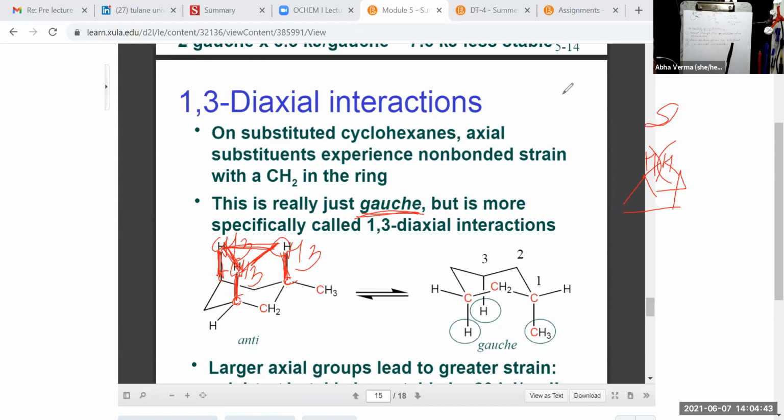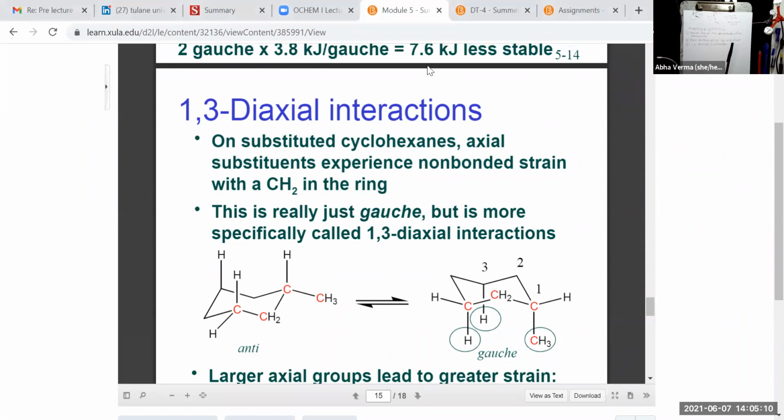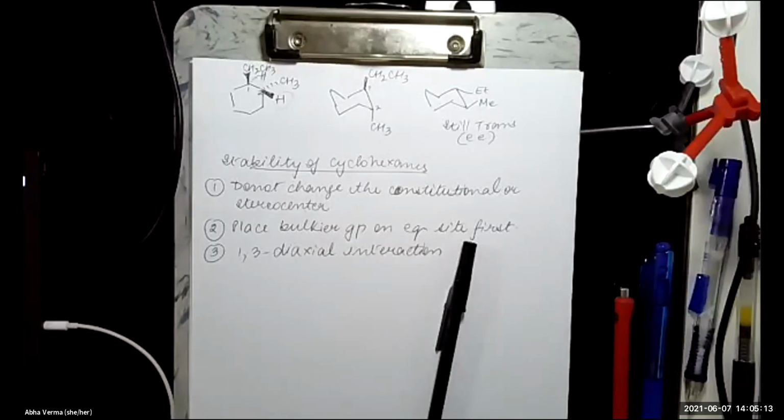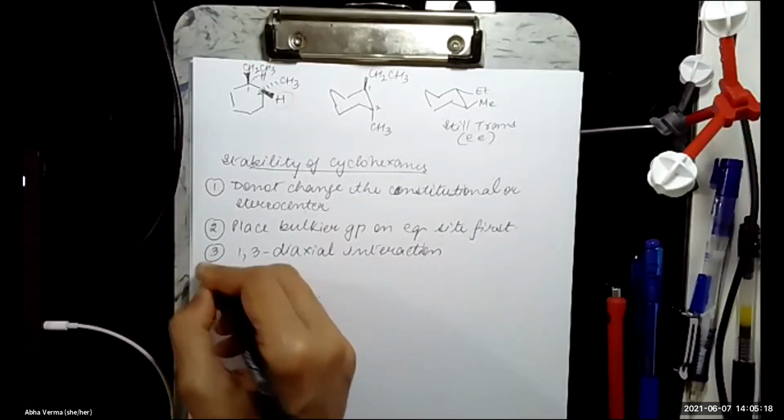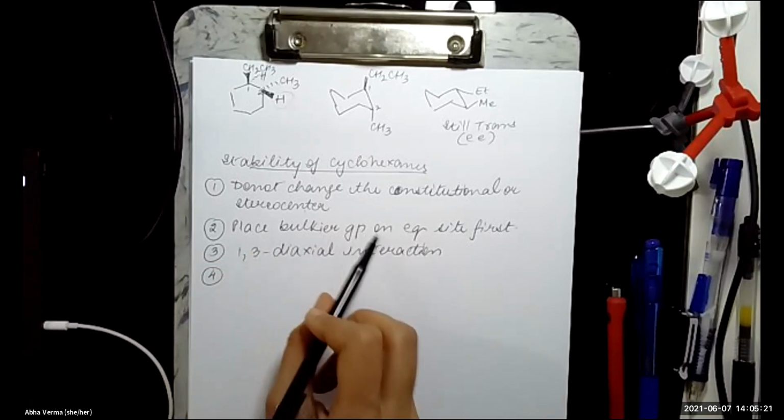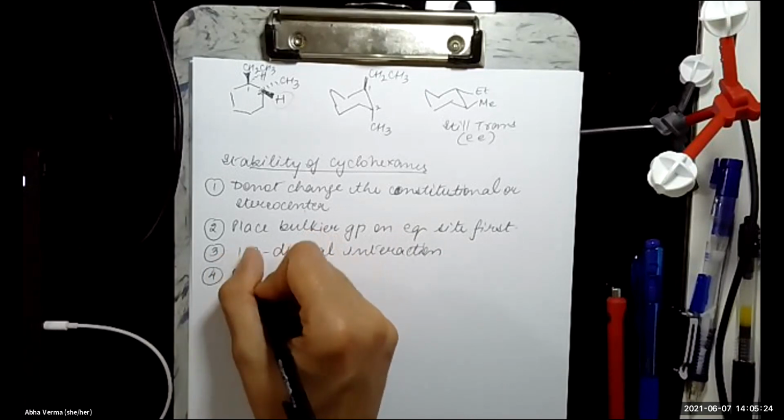Similarly, these are space interactions. These are also space interactions. To avoid these diaxial interactions, if you have to, you will have to draw the higher energy or lower stability conformations, but otherwise avoid placing the 1,3 diaxial interactions. So after you have placed the bulkier group on the equatorial site, the other group